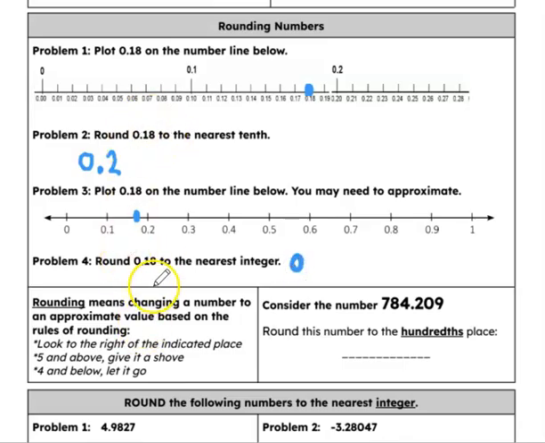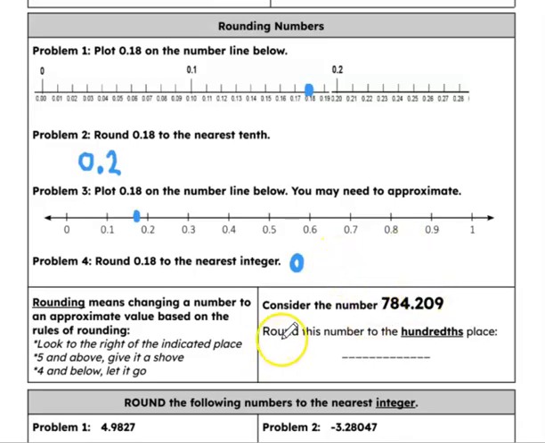So rounding means changing a number to an approximate value based on the rules of rounding. You may have heard this before. So to round, you look to the right of the indicated place. 5 and above, give it a shove. 4 and below, let it go. So consider this number here,